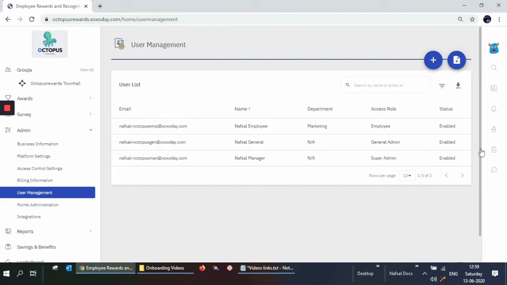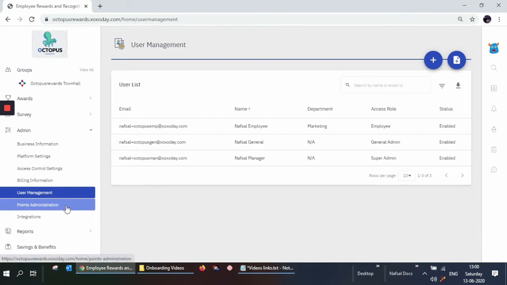So that happens every day. So in case an employee leaves the organization, his data will also be deleted or disabled from the platform once this data is updated in your HRMS system, and then we pull the information. Then subsequently his data will be deactivated from our platform. So that happens automatically once the integration is set up. The data pull happens every day, and then details will be loaded, deleted, or updated accordingly.